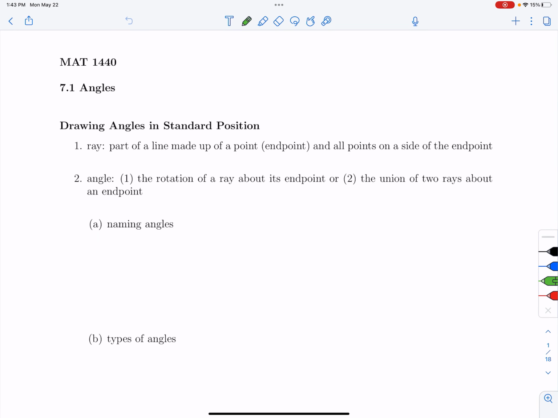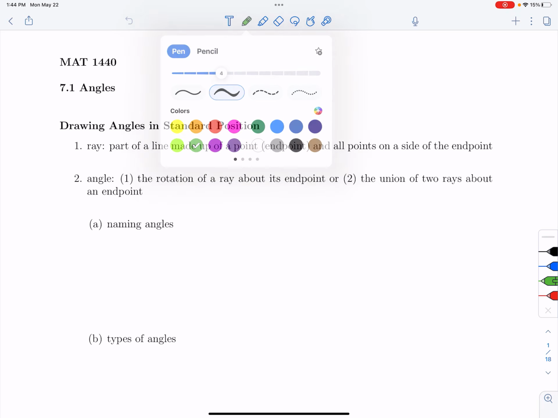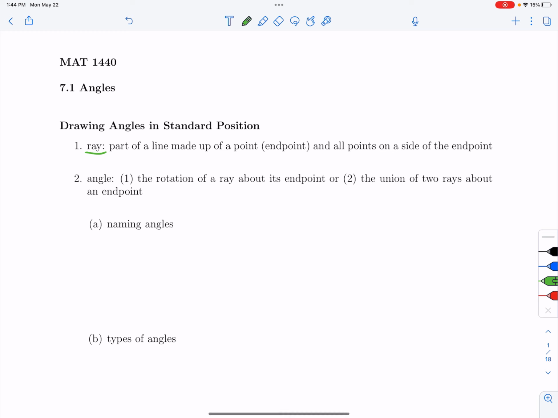Hello, in this video I'm going to be going over angles, how we can measure angles, and then how we can convert between different units of measure for angles. So the first thing to talk about is a ray, and a ray is simply a point that extends in